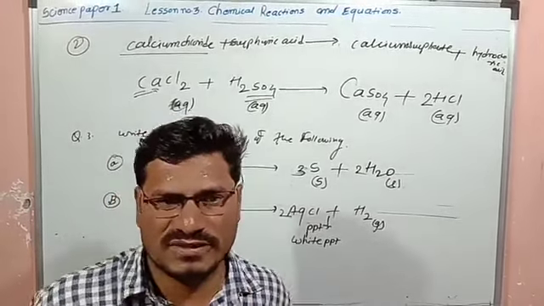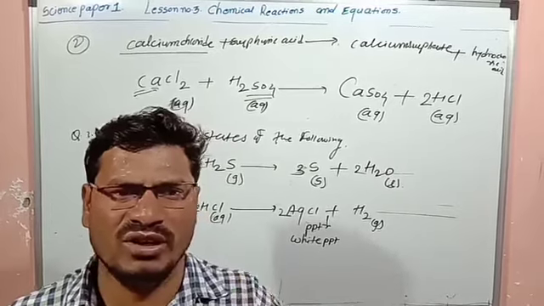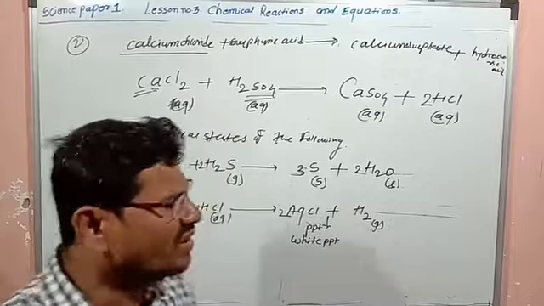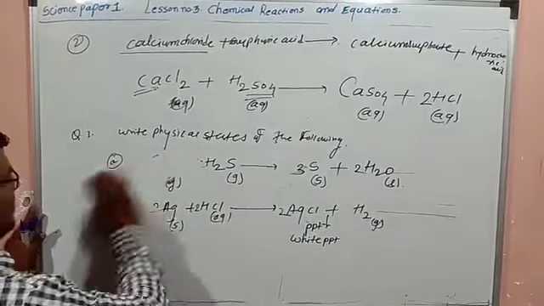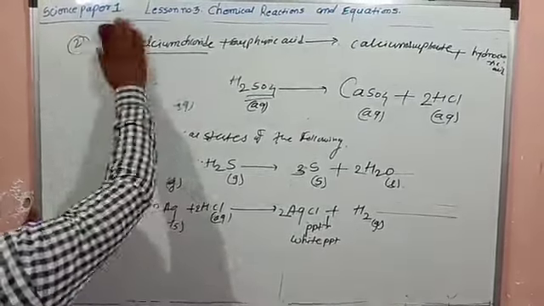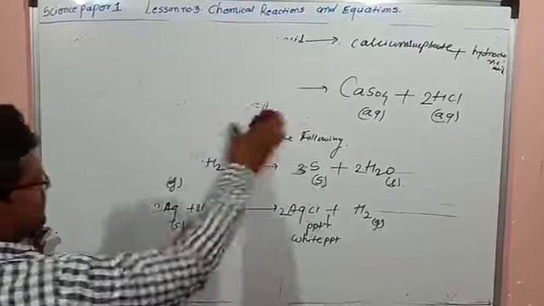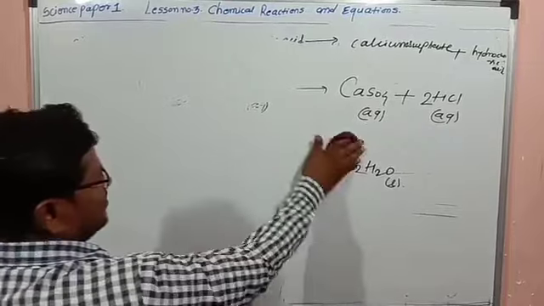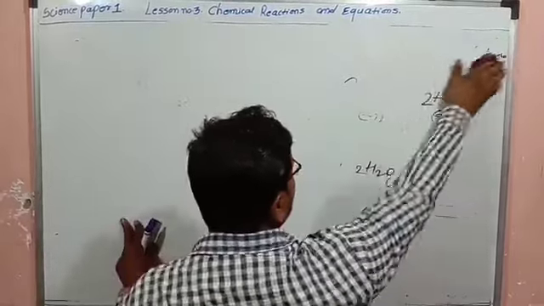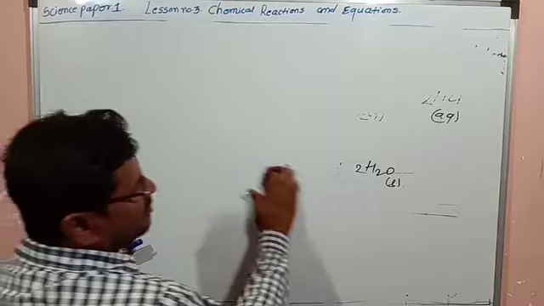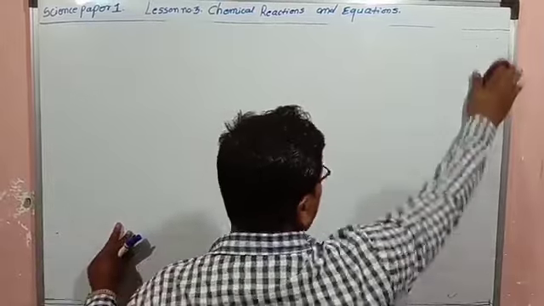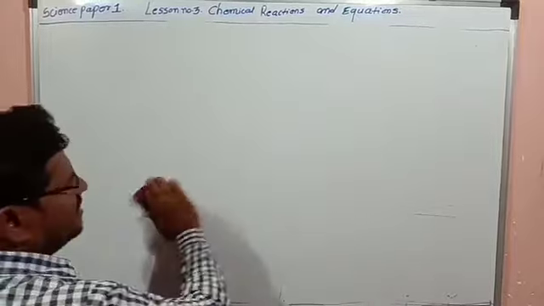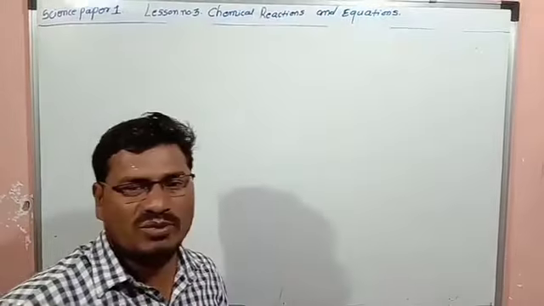So after this we are going to study the next point, and in that we are going to study types of chemical reactions. Which are the types of chemical reaction? There are 4 types of chemical reaction. The first one is combination, the second is decomposition, the third is displacement, and the fourth is double displacement. With the help of examples we are